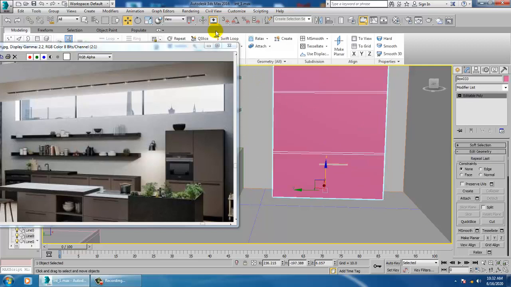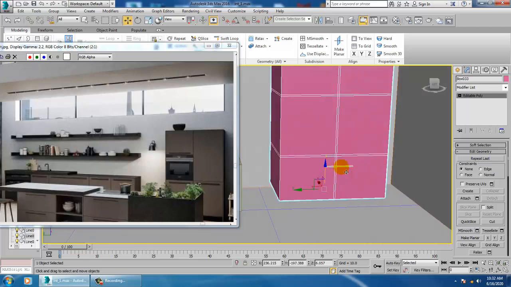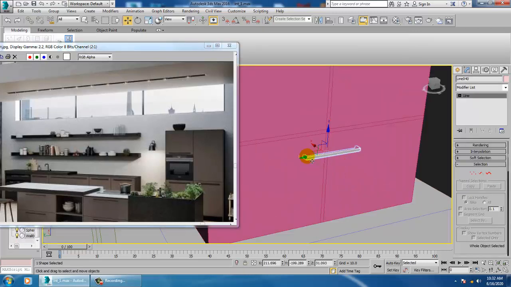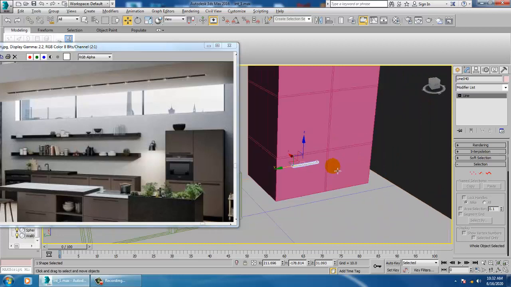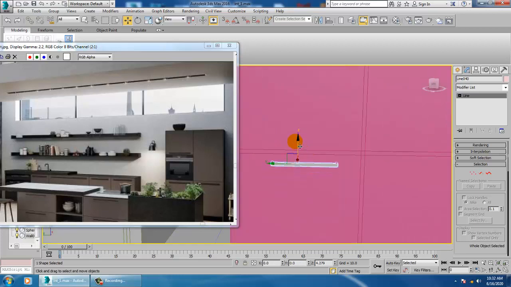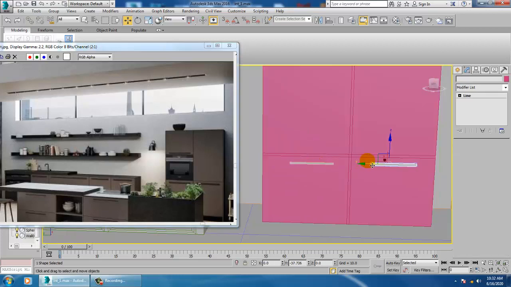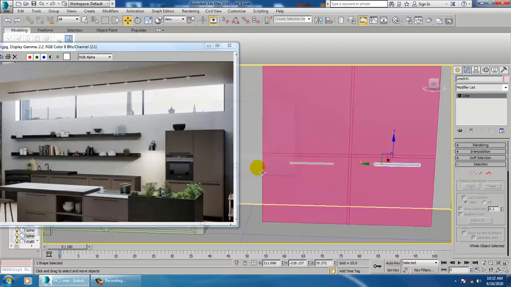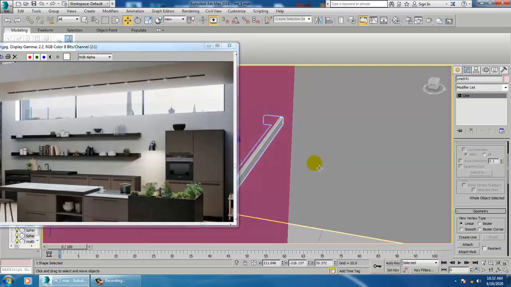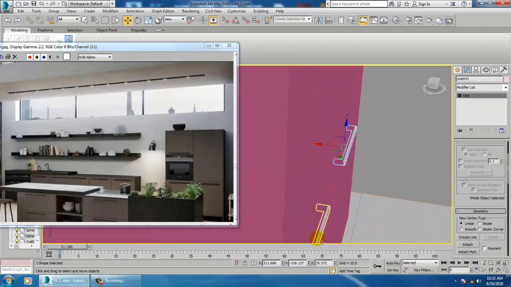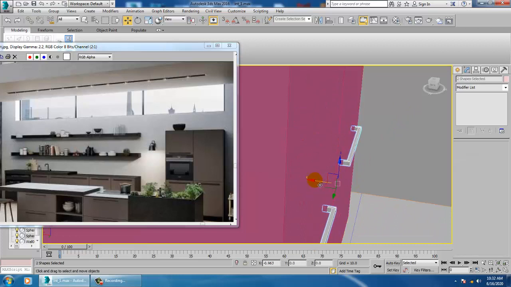Before that we need to assign one swift loop in the center also. Just push that up, shift and drag to make a copy over here. Select both and push these handles a bit out.